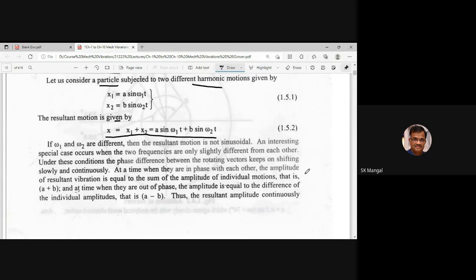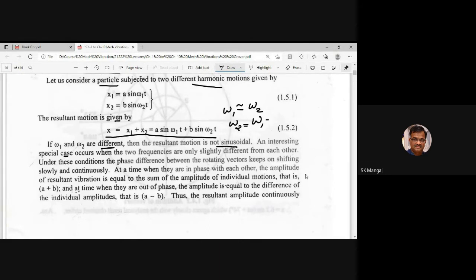So for this, if omega 1 and omega 2 are different, then the resultant motion is not sinusoidal SHM. But you will get an interesting feature here. The feature is that when omega 1 and omega 2 are approximately equal, or omega 2 is slightly more than omega 1,